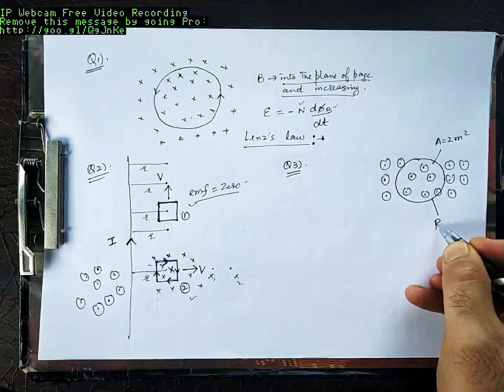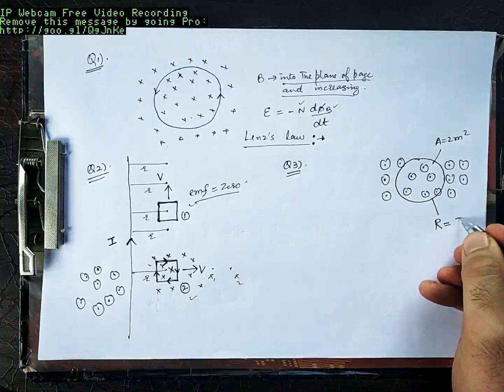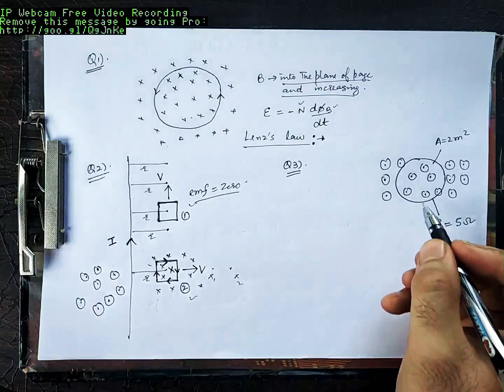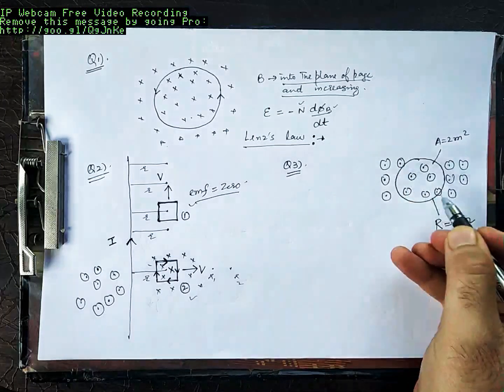Resistance R of this wire is given as 5 ohms. The magnetic field B, which is out of the plane of the page,